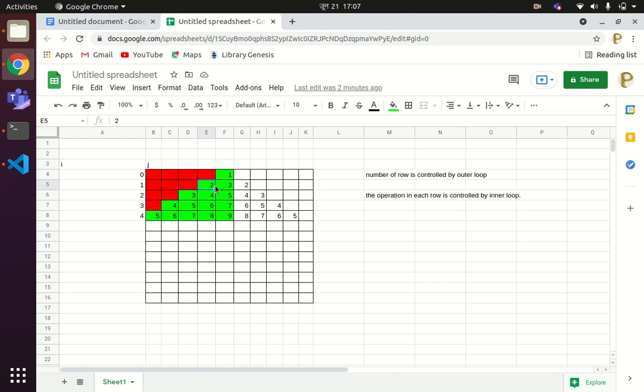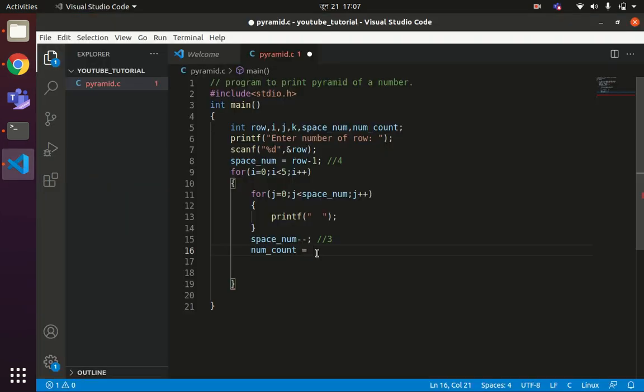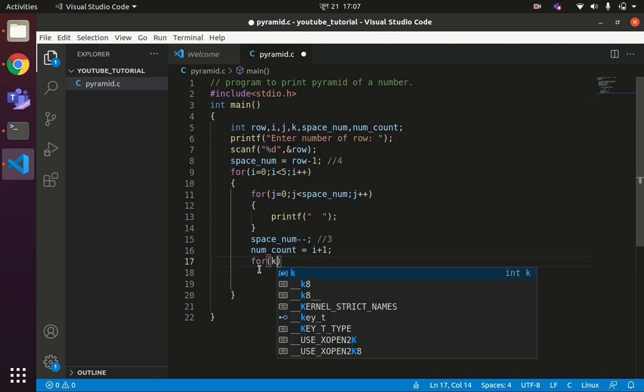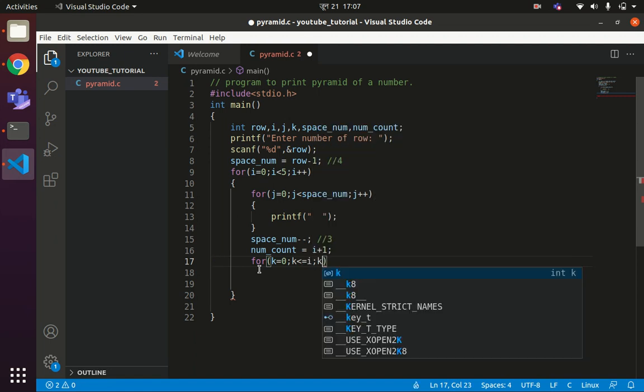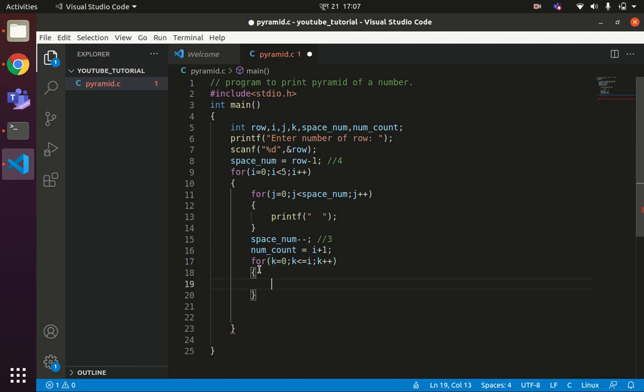So it is obviously i plus 1. Let us write the variable k. We have already created the variable k. So for k equals 0, k should be less than or equal to the value of i, k plus plus. It means the k loop should be executed how many times?